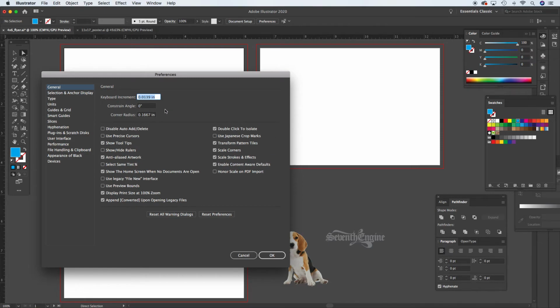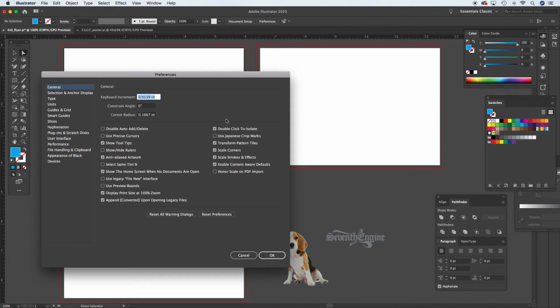And again, if you want to just make everything the same that I have it, that may be helpful too. It just depends, again, on how you like to work. So as you get to know Illustrator more and more, you may find that you want to turn some things on and off. But these are pretty much the basics,